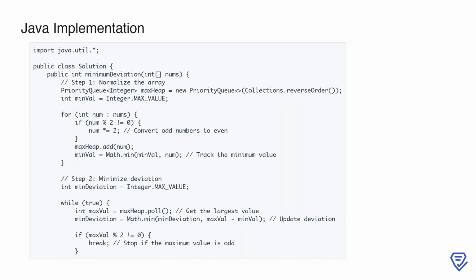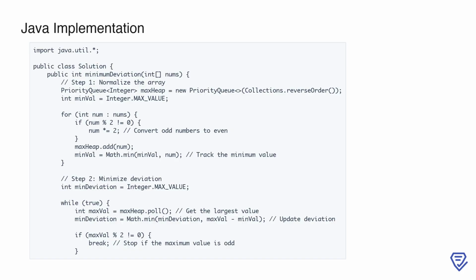Here, we begin by importing the necessary utility classes and defining our solution class. The goal of the minimum deviation method is to minimize the deviation in the given array. To start, we normalize the array by ensuring all numbers are even. This is because even numbers can be halved, while odd numbers must first be converted to even by multiplying them